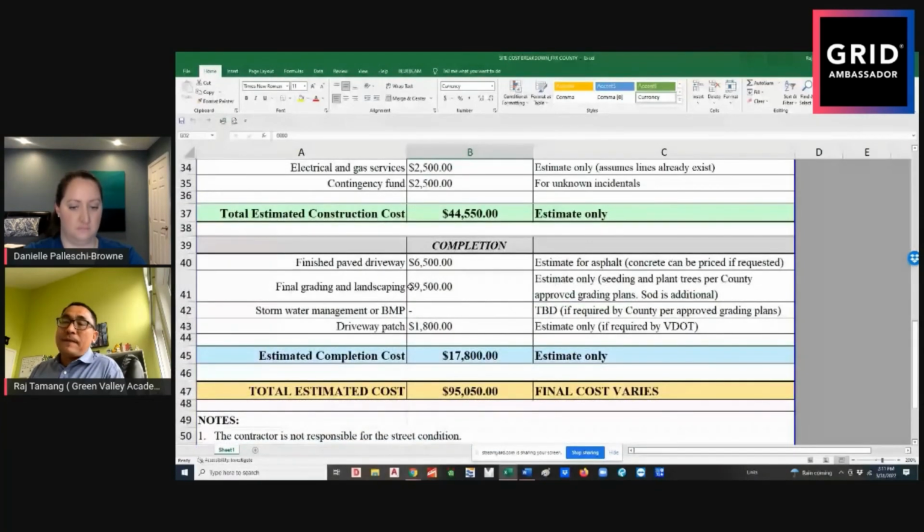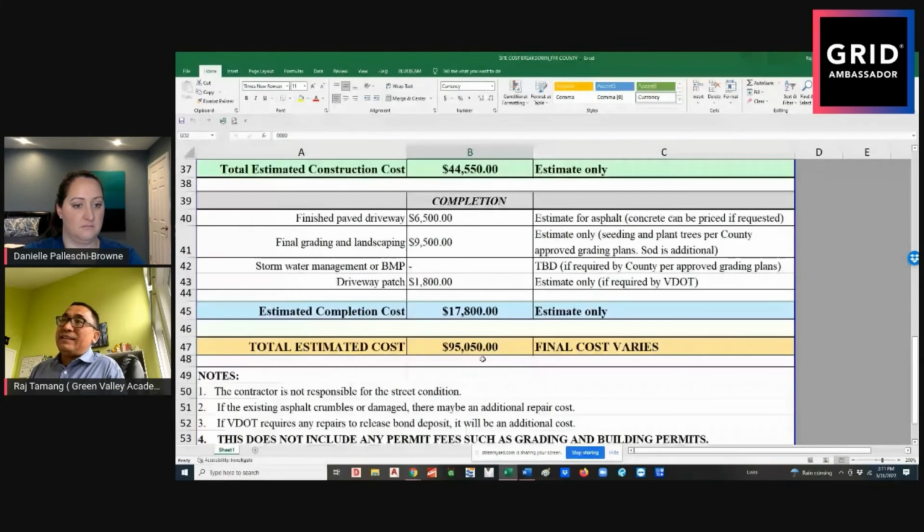Then you have to do a final driveway. You have to build a driveway, final grading, landscape, patch, all that could be initial. So this one is easily 95,000 to 100 grand already. And that's before we have even built the house. Every time a homeowner builds a house, I tell them to make sure that you have at least 100, 150 grand put aside for all this site work and engineering work,